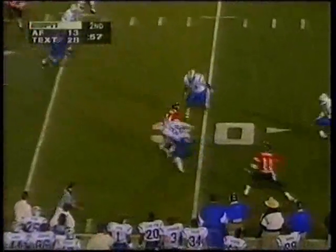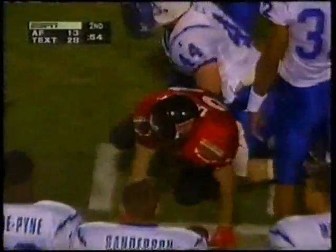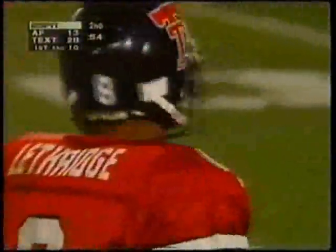Throw short, going forward to the sideline. And he got there. First down at the 30-yard line for the Red Raiders. That's right. They'll move the sticks again. And they keep shuttling in